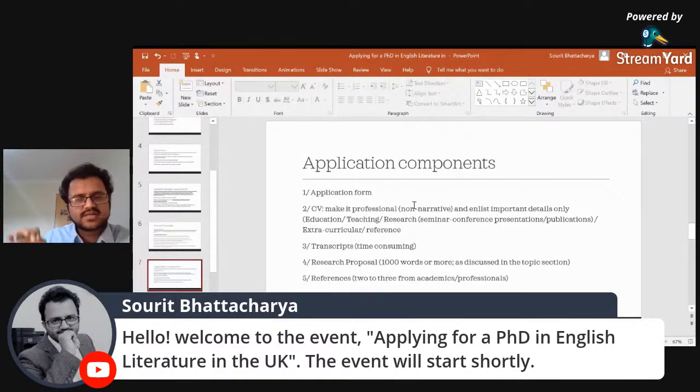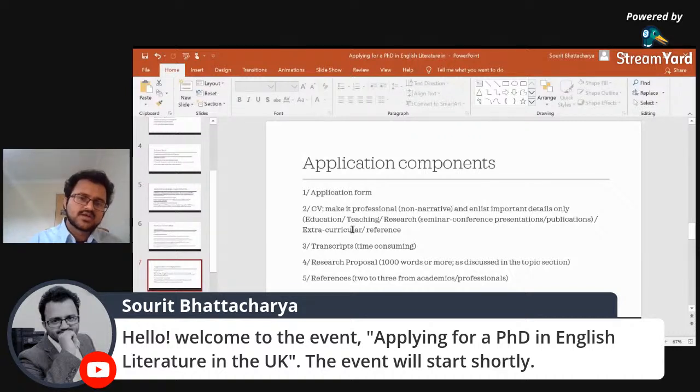By professional I mean discursive, as simple as possible, and also use a simple layout. Don't add a lot of details to your CV. Just make sure that you have these important details, such as your educational qualification, your teaching, if you have any, your research, if you have presented seminar or conference presentations, or you have any publications, any extracurricular that might help